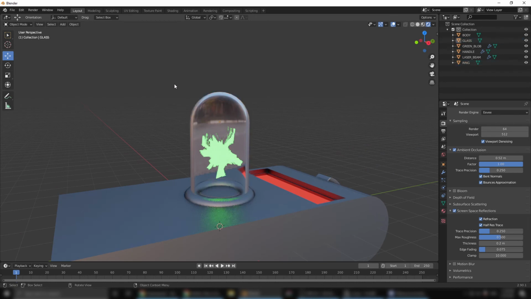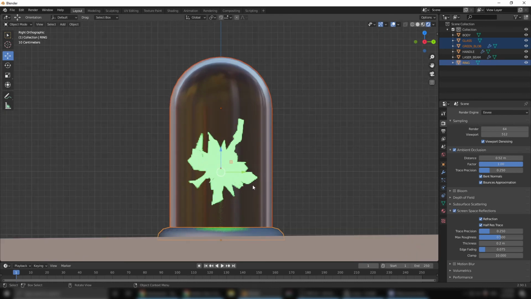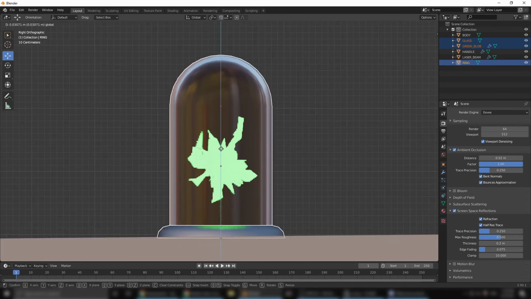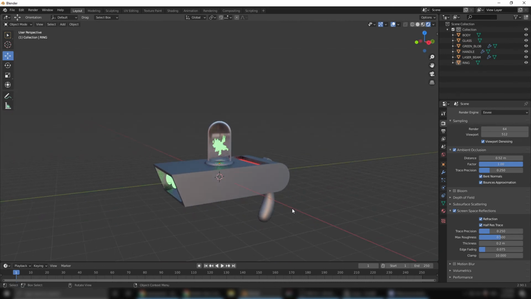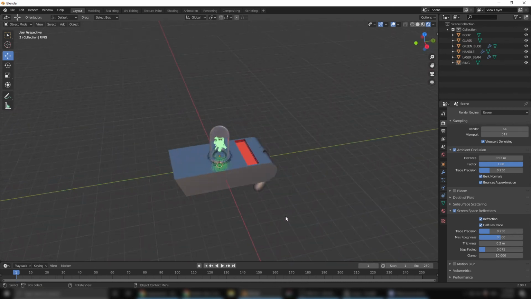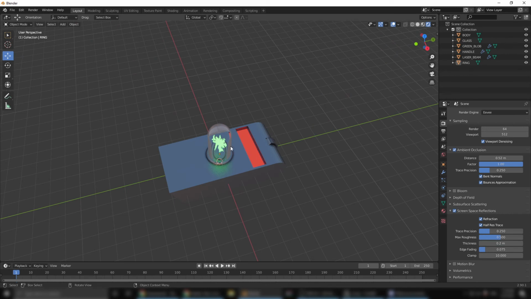Bring this up. Let's go into the side view. Sitting too low into it. There we go. It's looking pretty cool. If you want, you can add some text on there. So maybe let's just add some text,